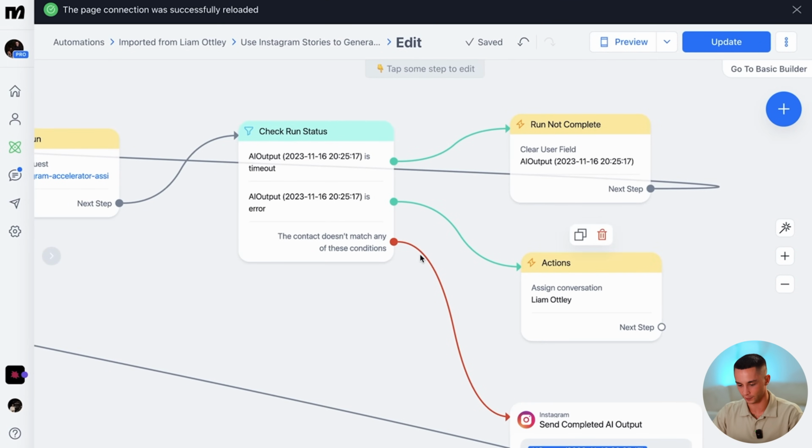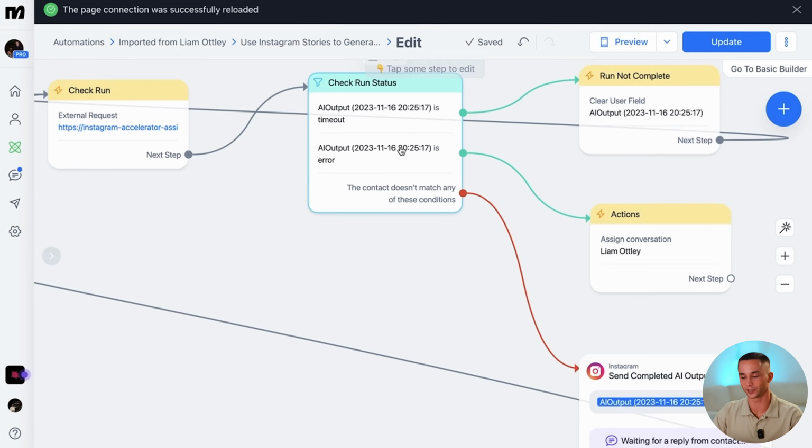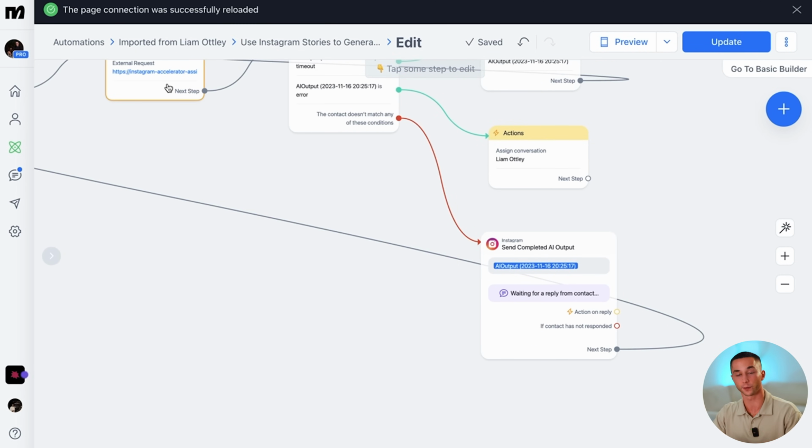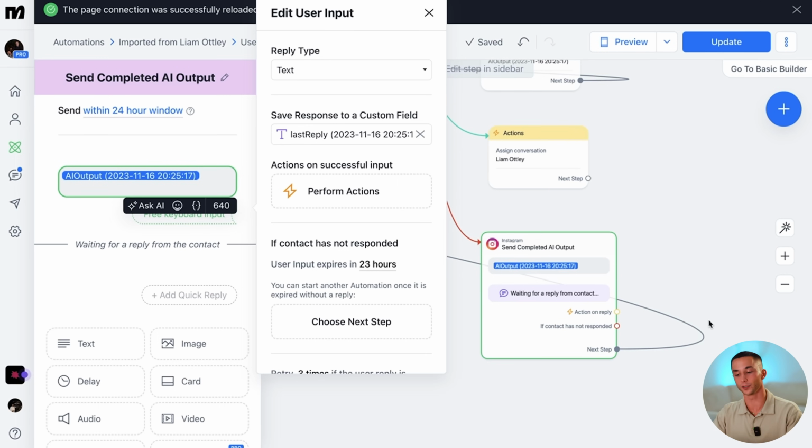And then we have an error handling step where if the AI outputs some kind of error, we're just going to assign it to a human to handle the conversation. And the final part of this conditional check is that if there isn't a timeout, as in we don't have to keep waiting for a response, and there isn't an error, then we can go down and send the final AI output that we get back from the check endpoint, and we can send it to the user and await